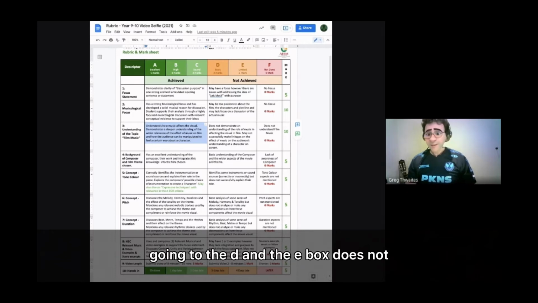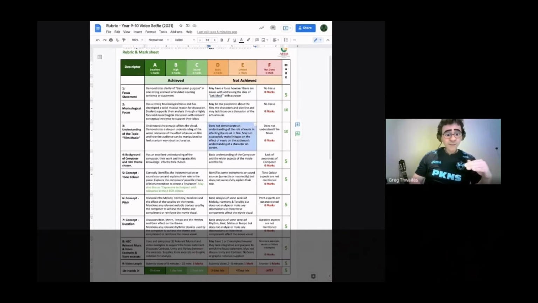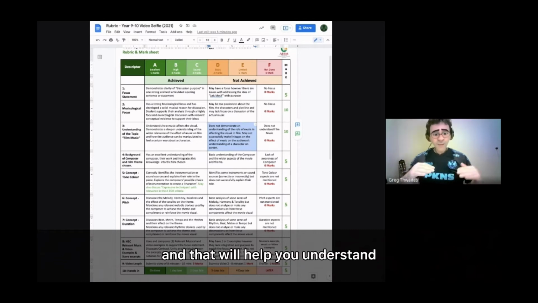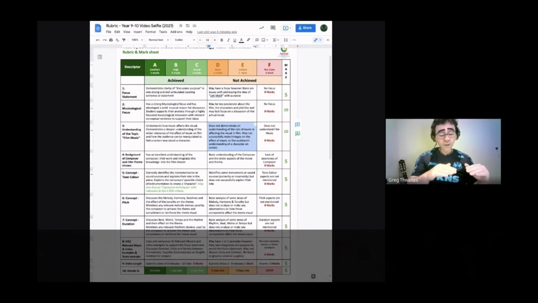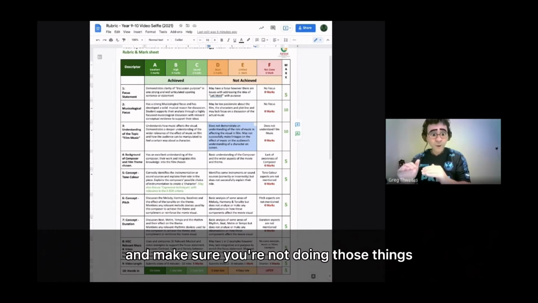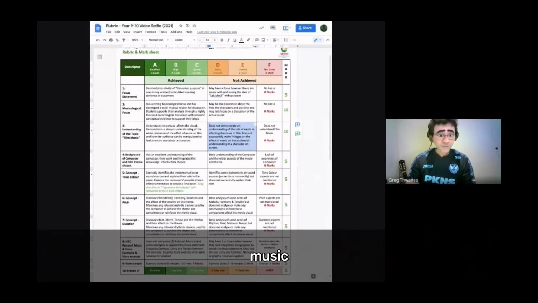Let's keep going. Going to the D and the E box, does not. This is really good. So if you really want to understand each criteria, read the achieved, read the not achieved, and that will help you understand. You need to read both. You can't just say, this is what I need to do to achieve. You need to look at the not achieved box and make sure you're not doing those things. So let's have a look at that in regards to understanding the film music.